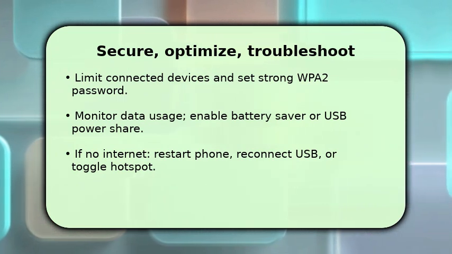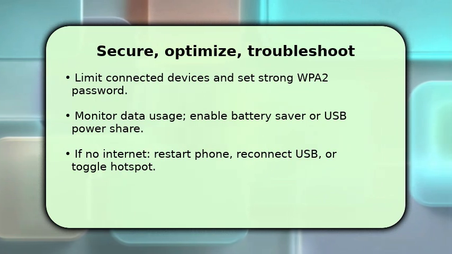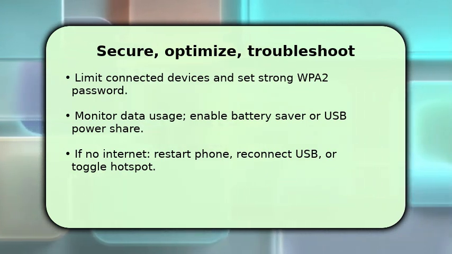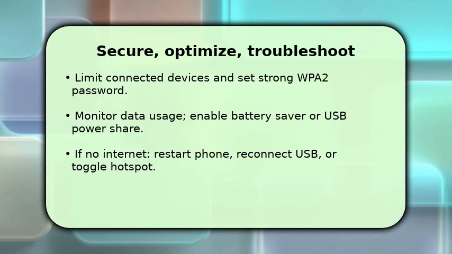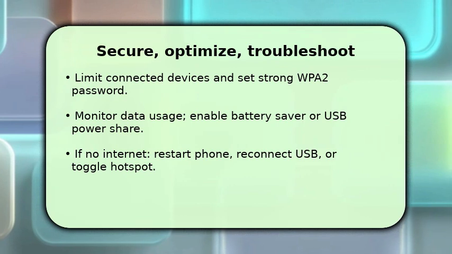If the laptop shows no internet, restart the phone and laptop, toggle the hotspot off and on, or switch from Wi-Fi hotspot to USB tethering. USB eliminates many Wi-Fi interference issues. As a quick troubleshooting